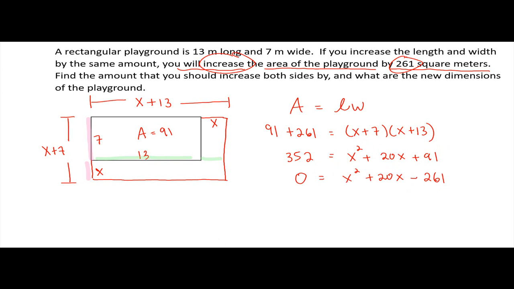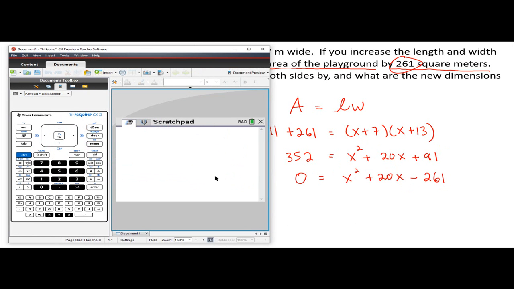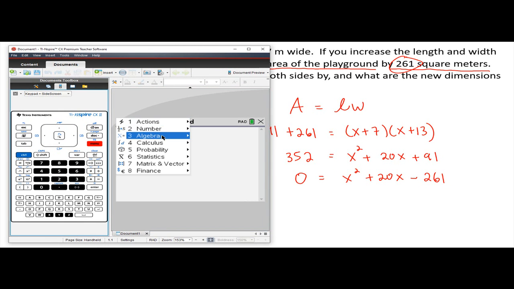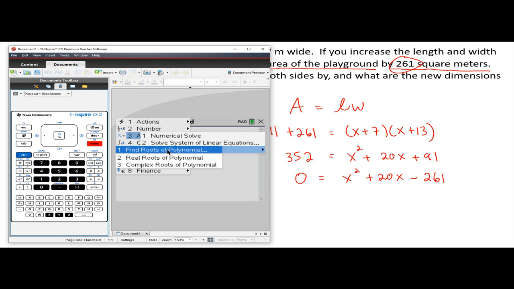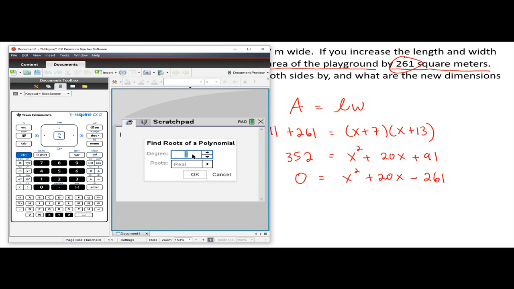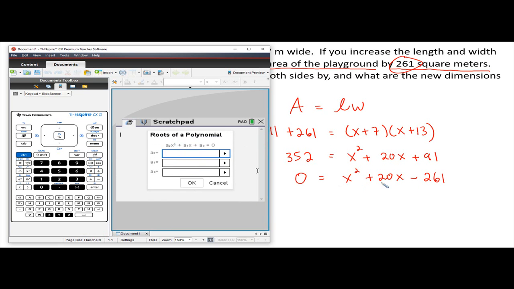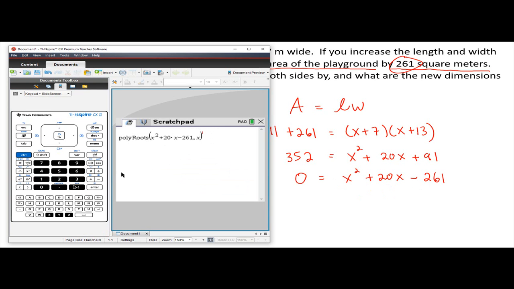All right, you can use a calculator to do this problem. Let me show you how to do it on the TI Inspire. On the TI Inspire, we want to go to Menu, Algebra, Polynomial Tools, find roots of polynomial. If it's a quadratic, the degree will be 2, so just click OK. Once you have this quadratic in standard form equal to 0, just type in the a, the b, and the c values. So a is 1, b is 20, and c is negative 261. You can just click OK, click Enter,